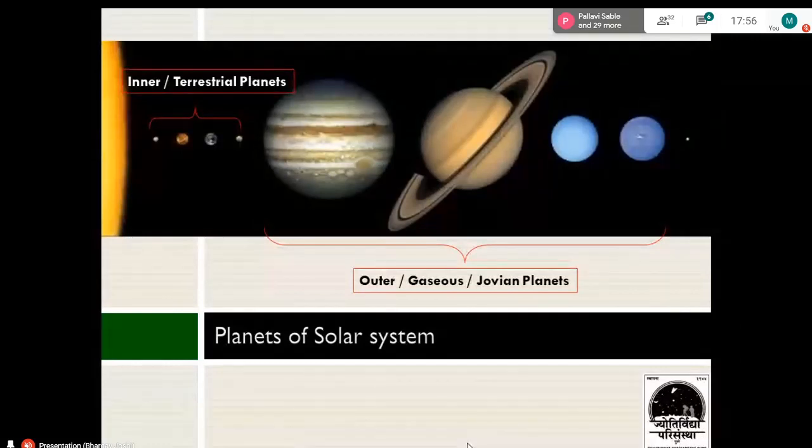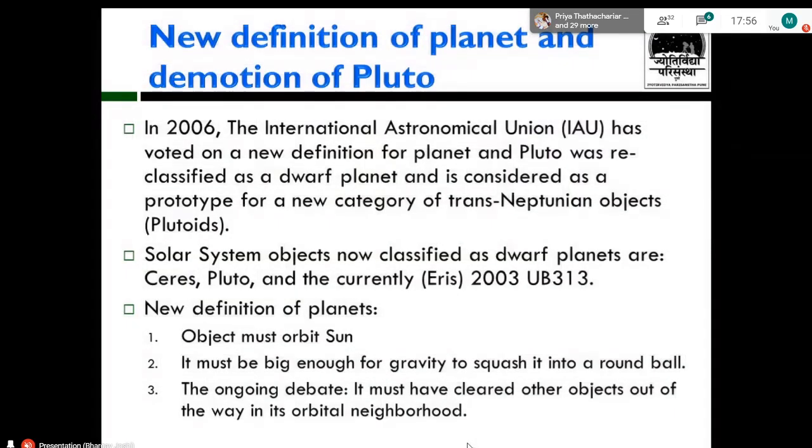So now after the sun, we move on to the planets. Of course, the inner ones are called terrestrial, which means they have a solid surface. The outer planets are gas giants. So this is regarding the definition of a planet. We just need to focus on the last 3 lines. For a definition of a planet, the object must orbit the sun, and it must be big enough in its own orbit to become like a round ball. This definition of the planet has been defined by the IAU, and since Pluto does not fit in this definition, Pluto has been demoted from the rank of a planet.